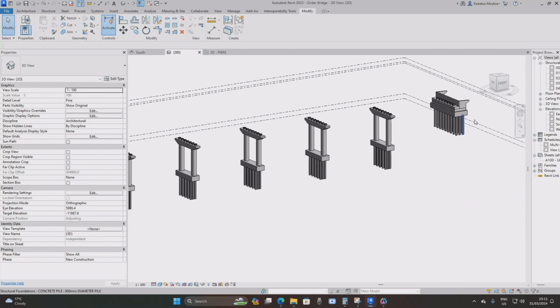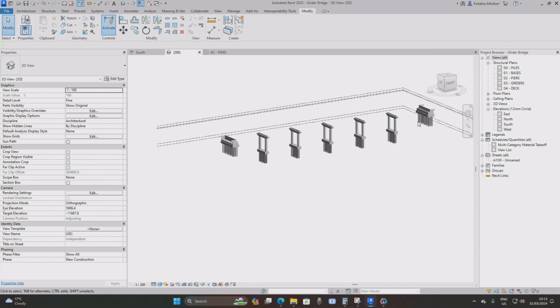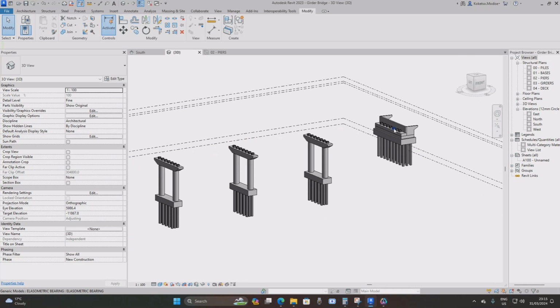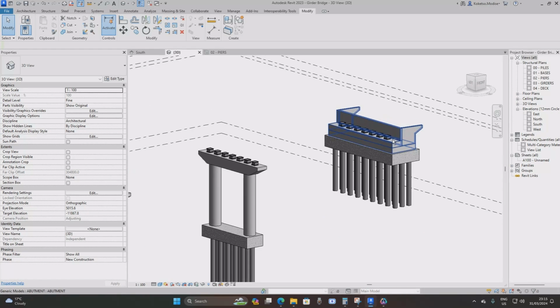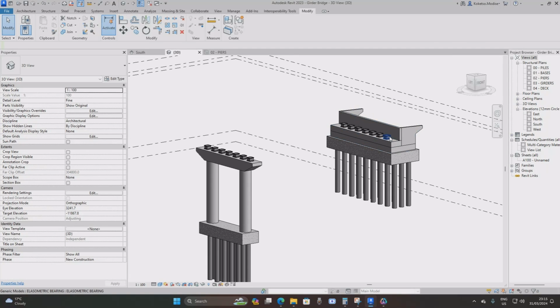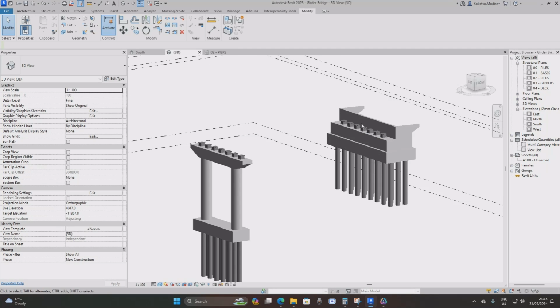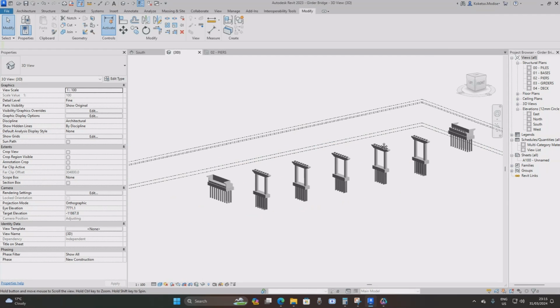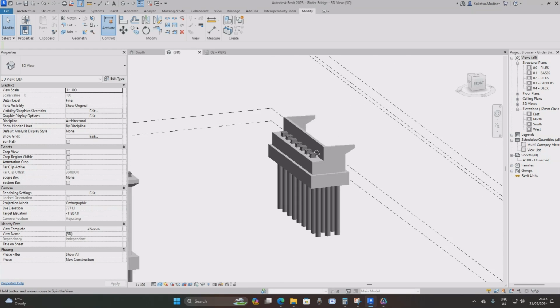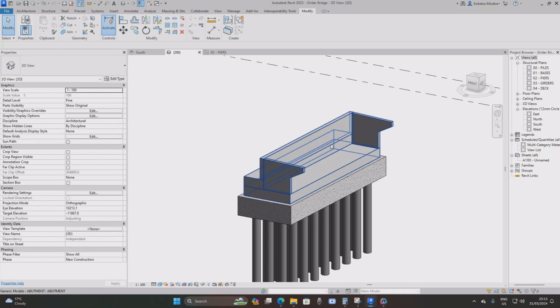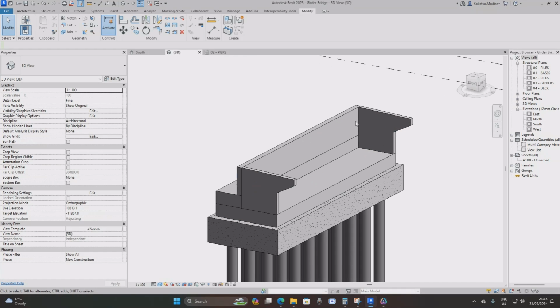Now the most interesting part is our type V girder, which is in accordance with the American Association of State Highways and Transportation Officials, so AASHTO. So we're gonna create it using a beam family template. But before that, before I forget, which is a very tiny detail, I'm gonna add a corbel